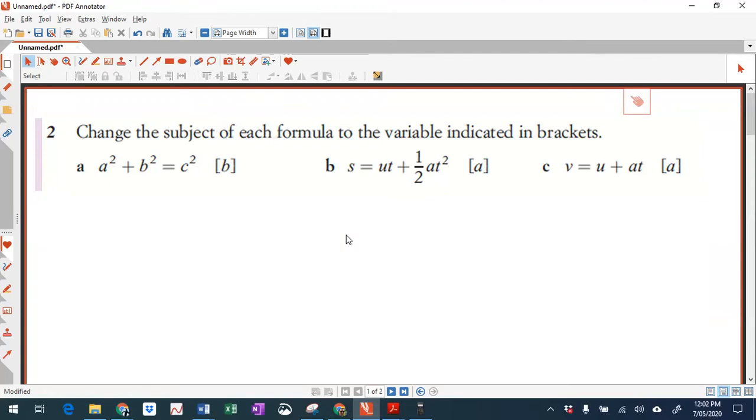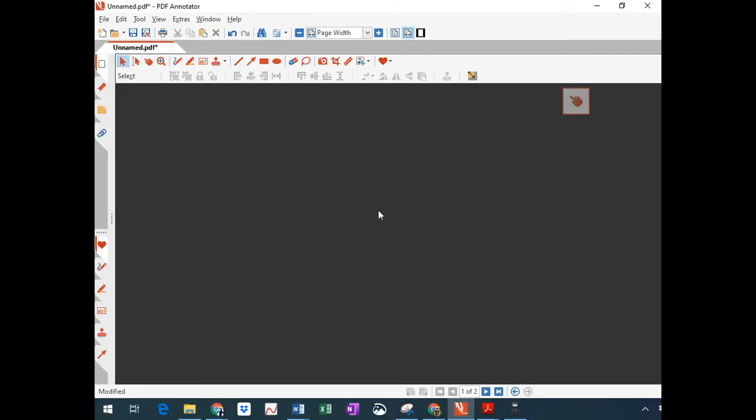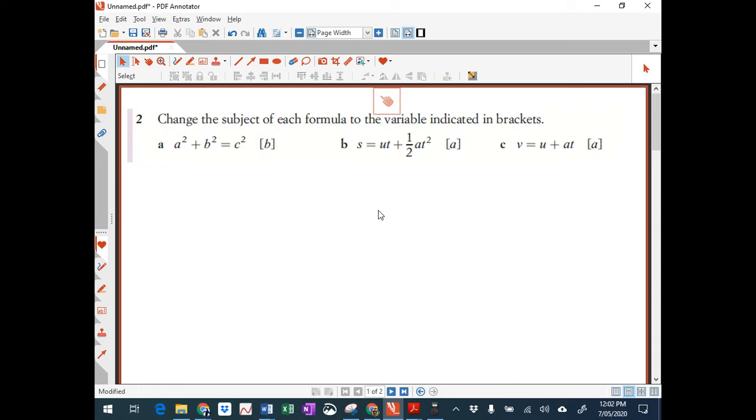Okay, guys, we've just had a request to see what to do with question 2. So we're just going to look at question 2 from 706 for changing the subjects. Now, the question says change the subject of the formula to the variable indicated in the brackets. So this is a variable in the brackets, so they want you to change the subject to b for the